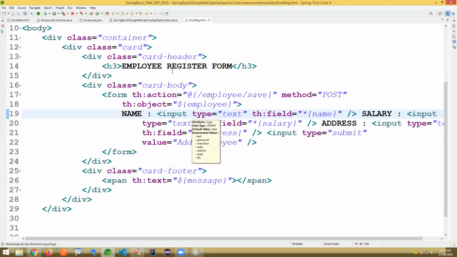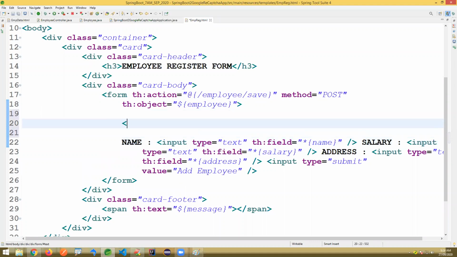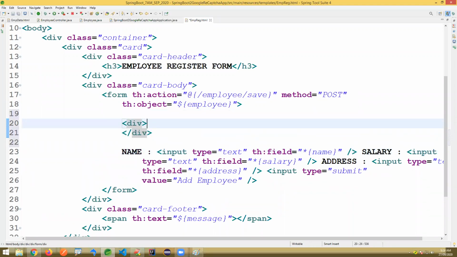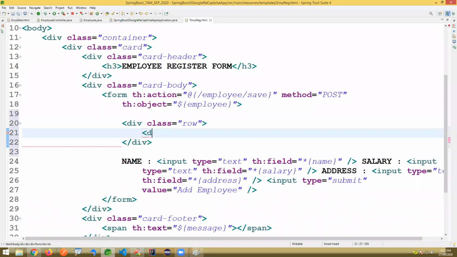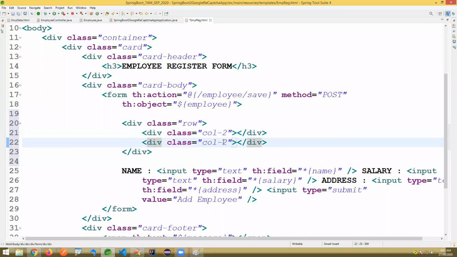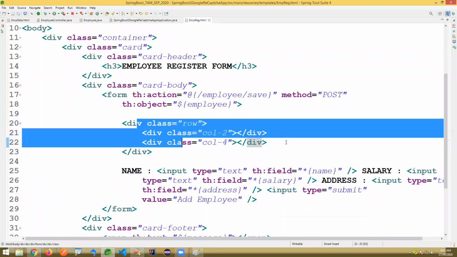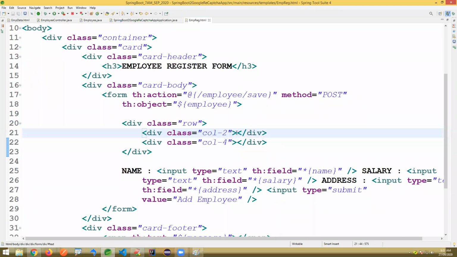Like this, I just mentioned here. And even in the form also, we can add some design section here, div class equals to a row. It's a div class equals to col-2 and something col-4. Okay, of course it's 12 columns, the remaining you can leave, that's not an issue.